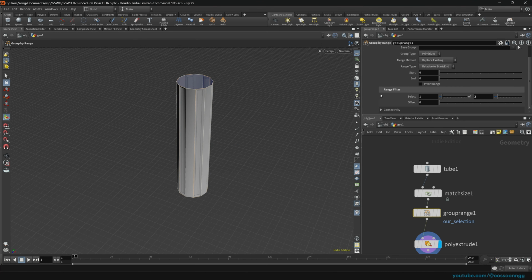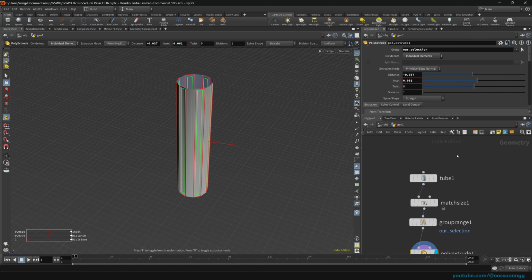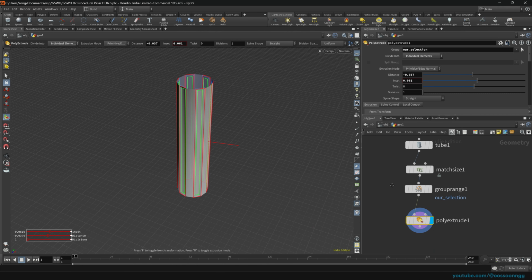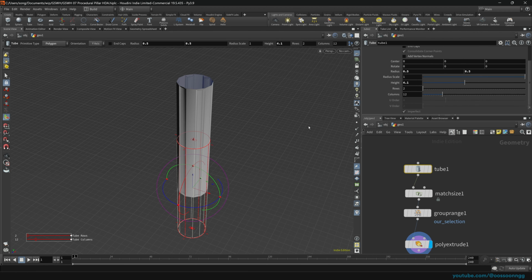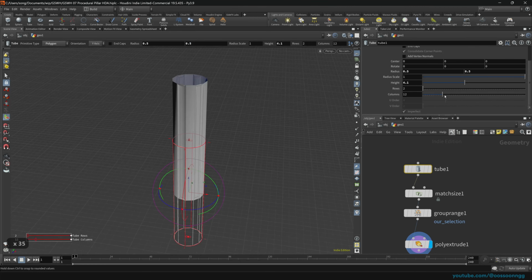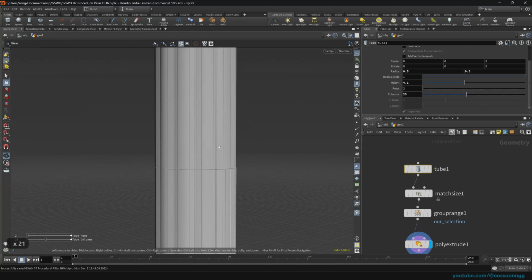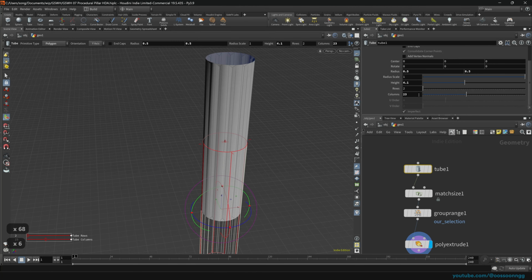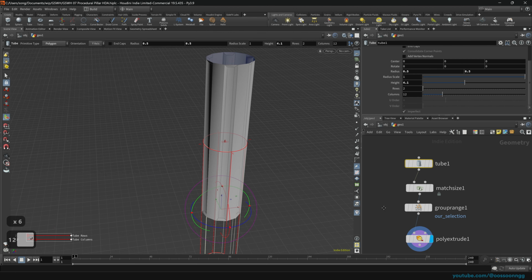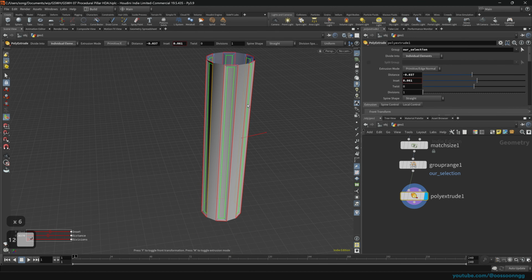Anyway, what I'm trying to say is that when we have procedurally selected 1 out of 2, and then we again procedurally selected in the poly extrusion group, if we now start to play with the amount of columns in our column, you will see that indeed it automatically selects every second of those and starts to work with them as expected. So let's make 12, and of course let's poly bevel